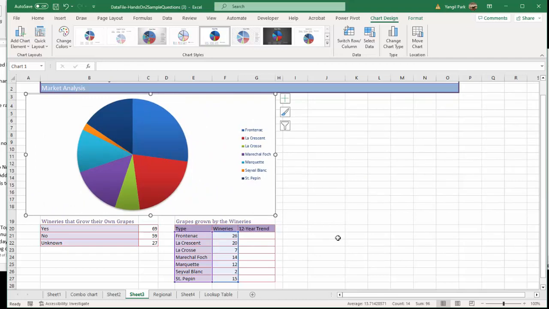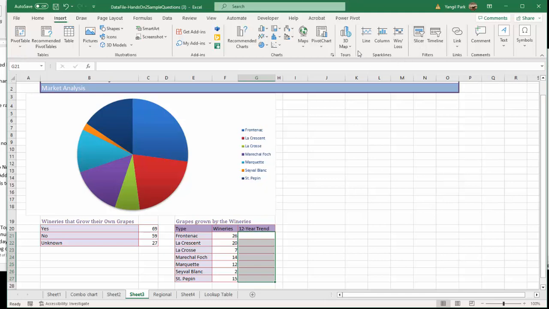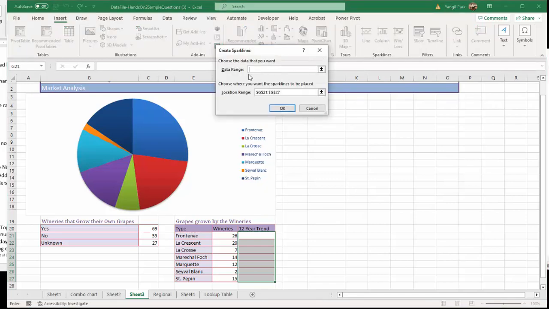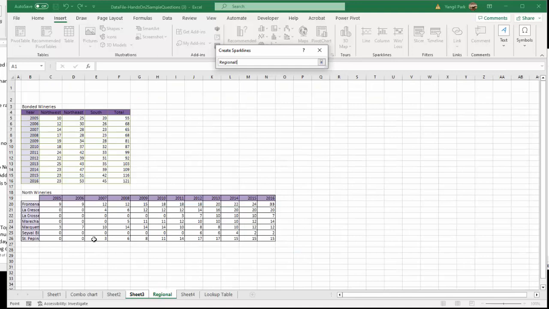Then next, we're going to insert column sparklines. Where? Right here in G21 to G27. And what we're going to enter, what's the content? So once you highlight the area you're going to insert, go to Insert tab, look for sparkline in the toolbar. We're going to insert column sparkline, so I'm going to click column. Then data range is the area that the data you're trying to use. So I'm going to click up arrow, so I go back to original,